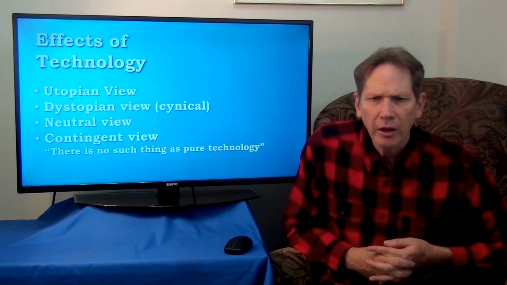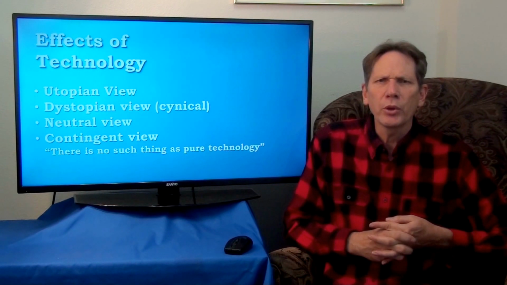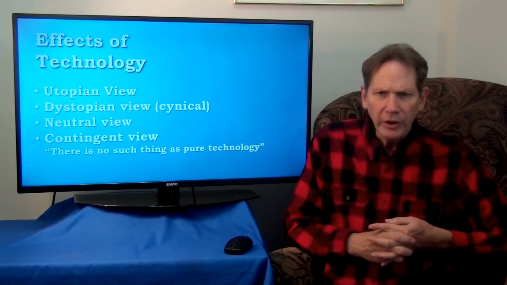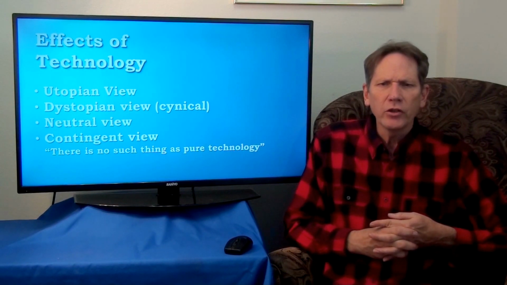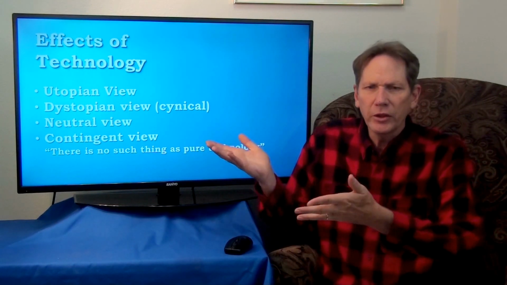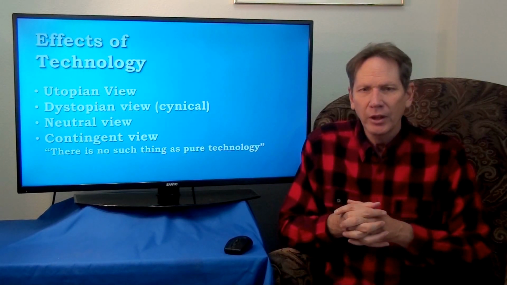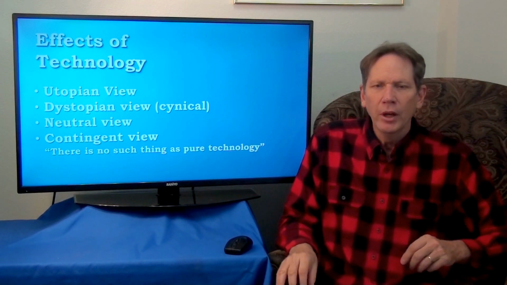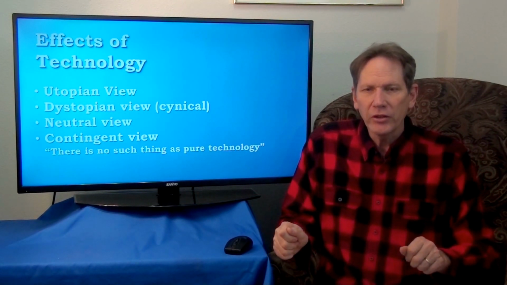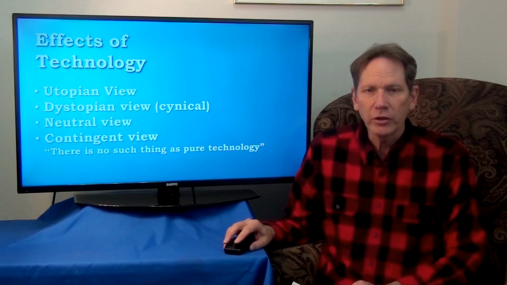Okay, quickly here is effects of technology. Look at this through the book and recognize, I think, this final line here. There's no such thing as a pure technology. You always have people involved. But technology can be wonderful, the utopian view, the dystopian view. Technology is going to destroy us. A neutral view may be somewhere in between. The contingent view really requires, look, there isn't pure technology. People are always involved with this in organizations.